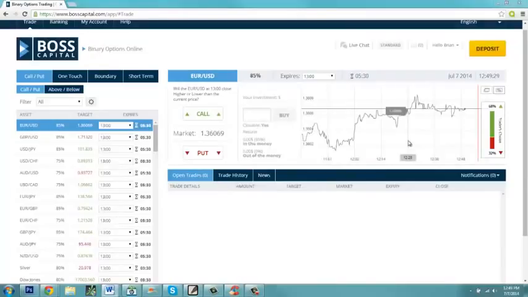Okay, so one of the biggest things that you guys need to realize when trading is trends. I'm not going to get into super detailed stuff because I know a lot of you are new, and I'm still new to this, as I said in my previous video. So one thing about trends that you need to realize is to not trade neutral trends. Even if here the trader's choice is that it's going to be above this point in 60 seconds or in whatever time period,